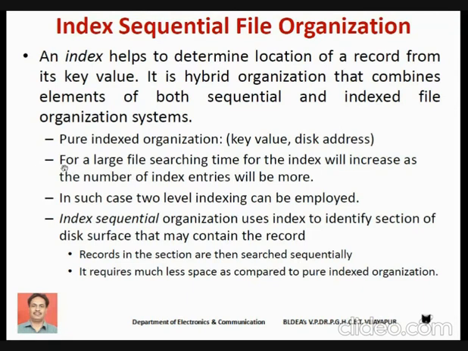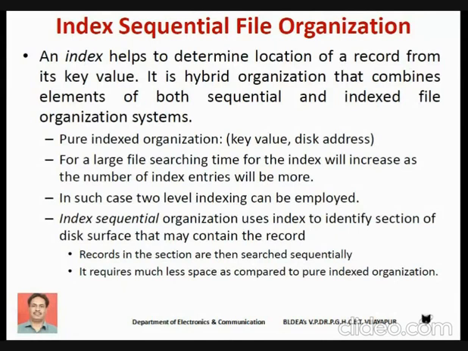Try to understand, if the size of the file is large, suppose you have 10,000 records, then how many index entries do you have to store? You have to store information for all the 10,000 records. So again, it increases the searching time.